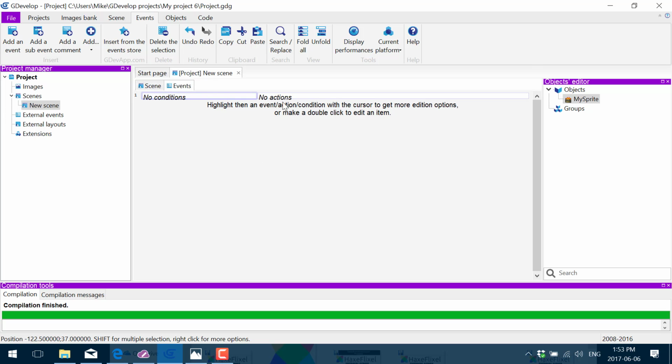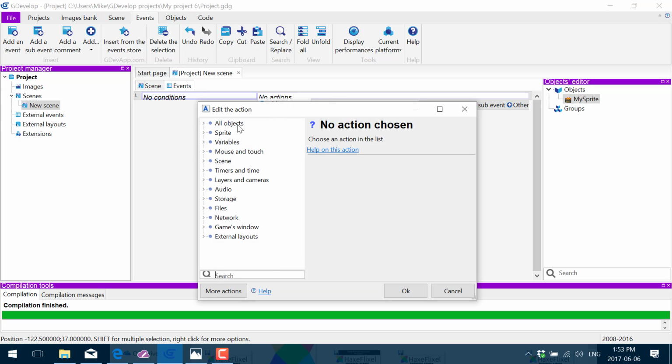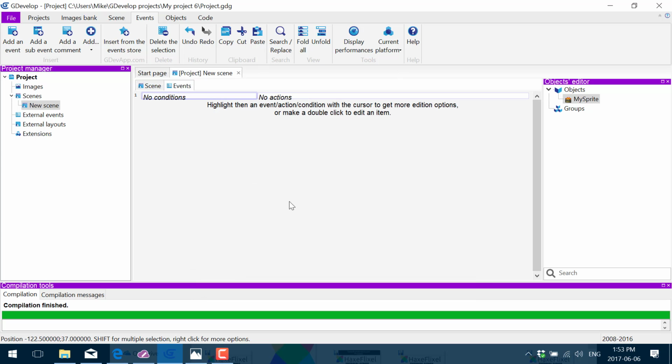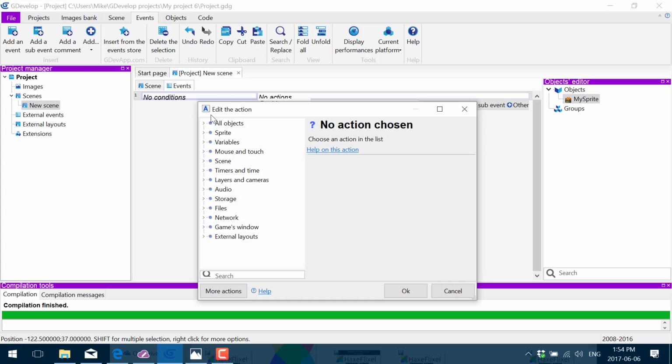And we'll look at just action for now. We'll do a very simple action here. We're going to just move the object around every frame. So you can think of every pass through the game loop, this action will be fired. If there's a condition, it will check if that condition is true or not. If there's no condition, the action will just fire. So we'll go ahead and do an action,